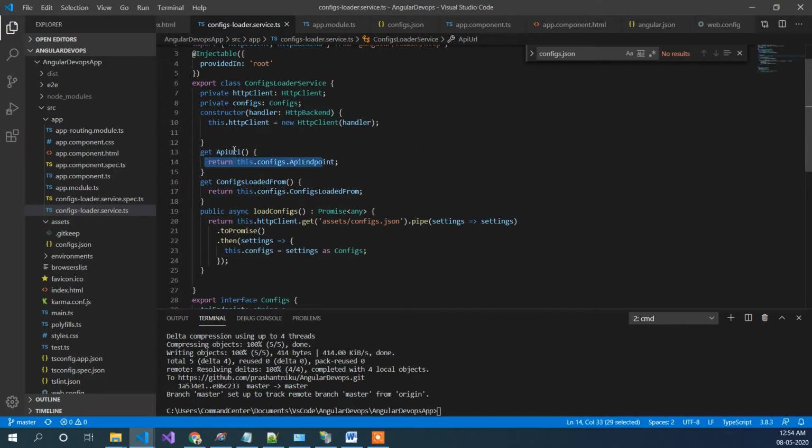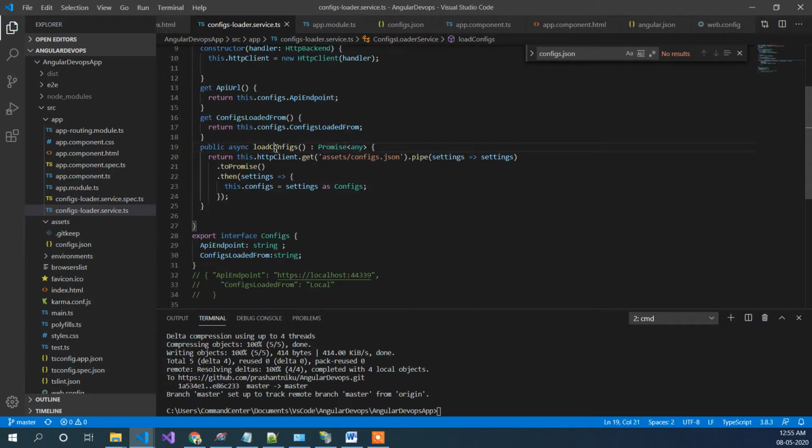By calling this function, we can get our value from it, and then the load configuration method actually sets the configuration path. It's some kind of pattern, and this will be the interface which will look exactly like the appsettings. You need to see that. Here we are reading the JSON file, and on the basis of that we are using keys.